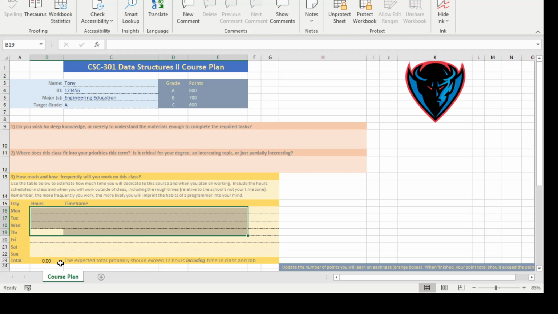If you find you're ahead of the game and you put down 40 hours a week on this, then all of a sudden you have extra time. If you find you're behind and you're not keeping up with the class pace and you realize you plan 10 hours a week but you're only giving it 4, well, now you know where that's coming from. So update the schedule to help you determine what you're going to do and how you're going to succeed.